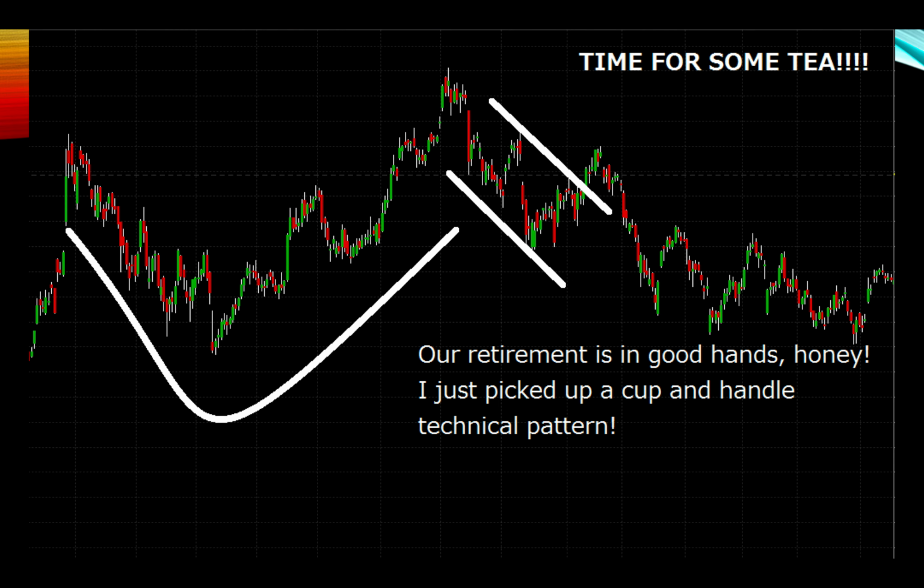All right? So, for example, this is a cup and handle pattern. So we have basically the price of the security going down and then going up, and then we have it going down, and you see the handle there, and oh my gosh, it is time to do what? Well, based on this cup and handle pattern, and you see all these types of patterns in the market, there's either a sell or a buy signal.